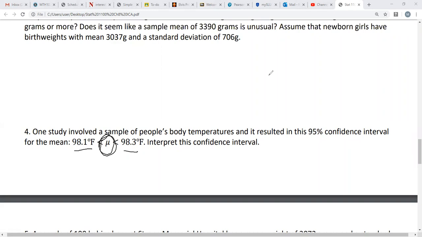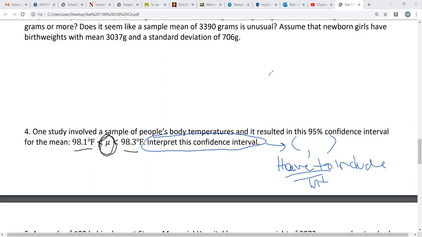So if we are looking to interpret a confidence interval, we always need to include this. Anytime there is a confidence interval, you have to include an interpretation. Every time. So even if the problem tells you to do it or not, if you have a confidence interval, you must interpret. So if we're looking to interpret this one, we know that we have a 95% confidence interval. So we can say with 95% confidence,